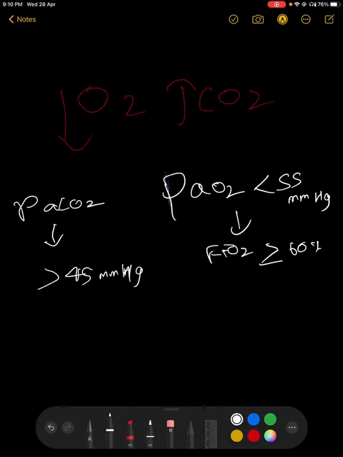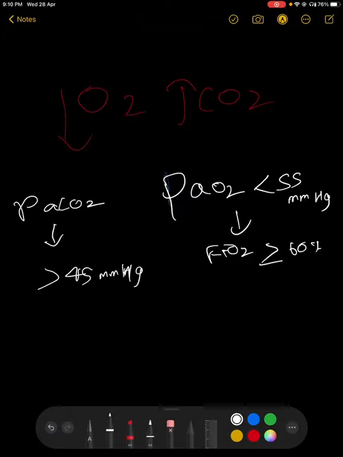Most of the time we'll be able to differentiate between acute and chronic respiratory failure. There will be clues in ABG and other investigations, and many clinical clues through which you can differentiate a majority of patients. A minority of patients will be in the gray area, where you cannot exactly differentiate between acute or chronic respiratory failure. So when can you consider a patient as having acute respiratory failure?